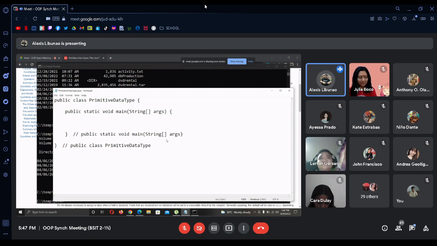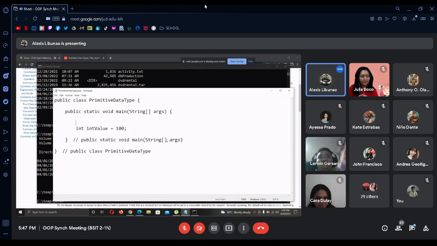So an example, of course, in creating a variable. This is an example of declaring and initializing a particular identifier in Java. So let's say,